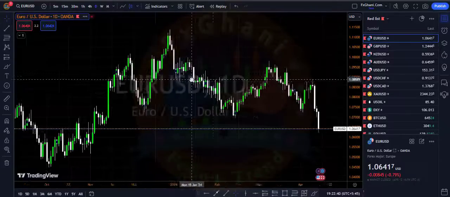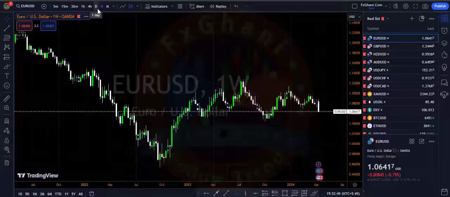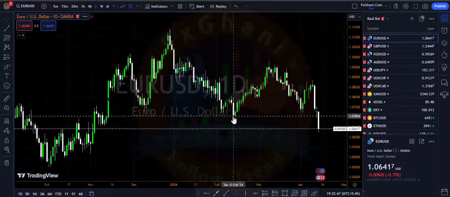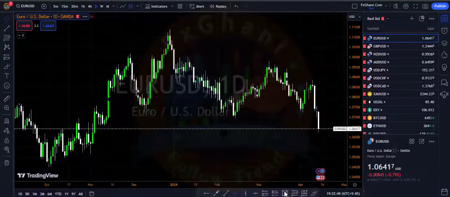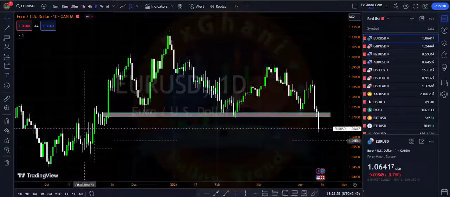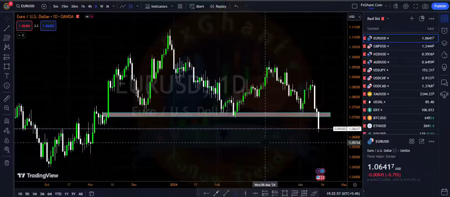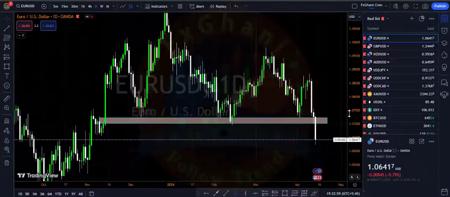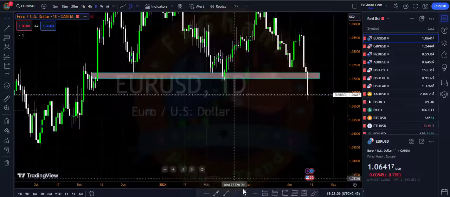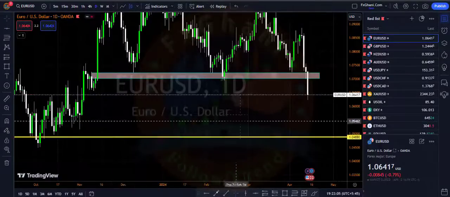So first pair is EUR/USD, and here you can see in a daily time frame price recently broke a very strong support level, and also you can see this is our order block and price also closed below our order block area. So it means in EUR/USD we are looking for a sell, and this is our target, which is a recent